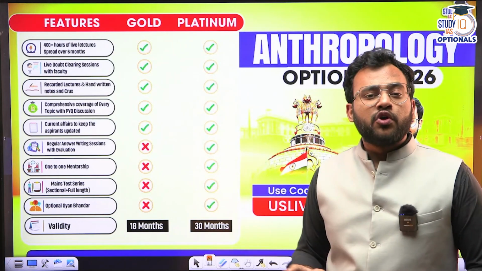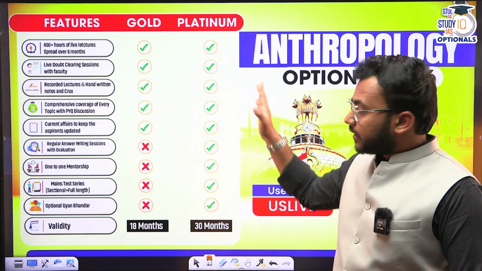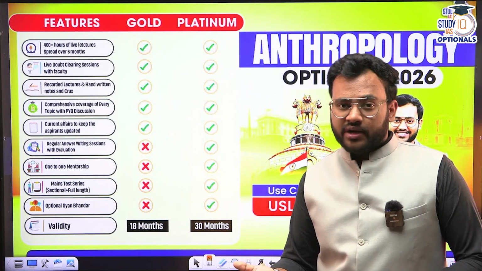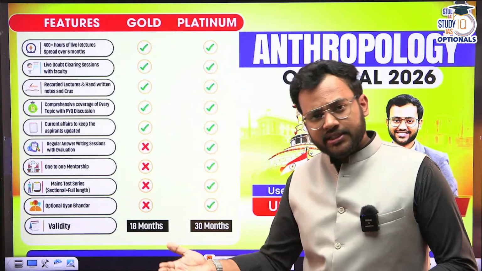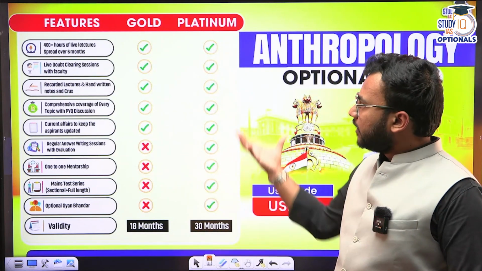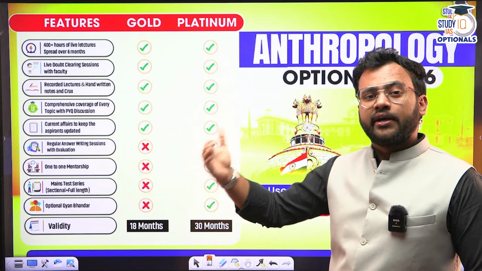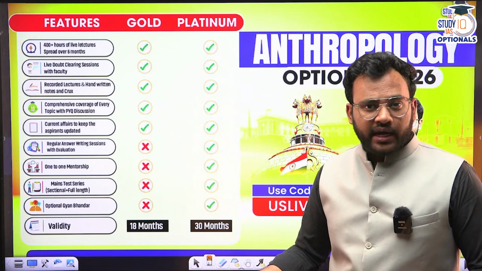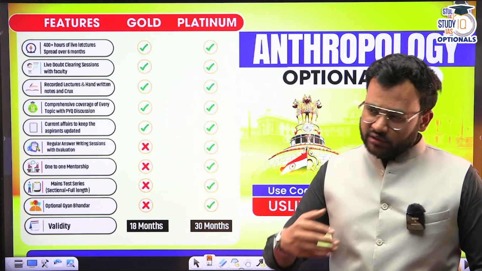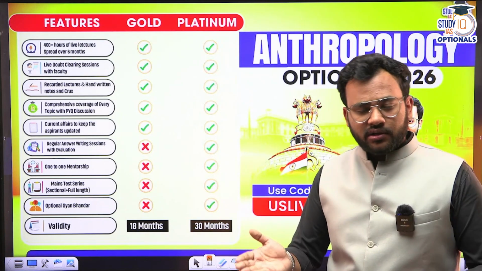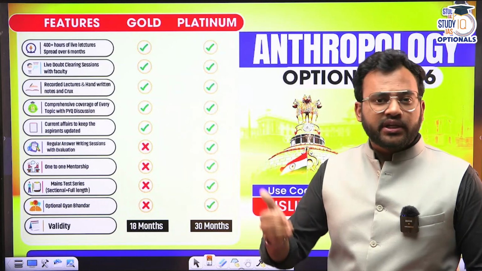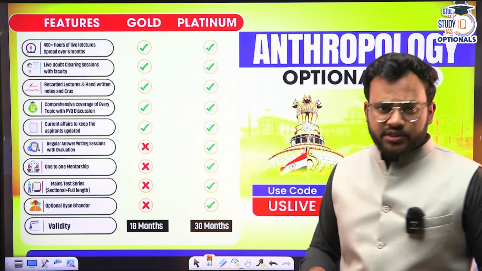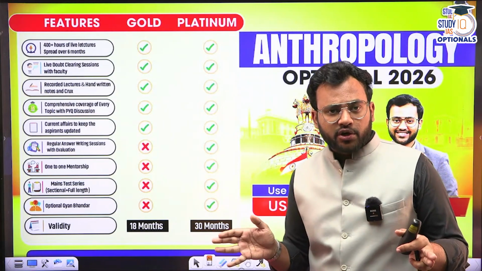One more thing, the validity of the gold program is merely 18 months, whereas in the case of platinum, you get 30 months validity. So if we have to be very practical, if we are not able to clear the examination in the first attempt, we have a longer validity to re-attempt and relearn things without re-enrolling or purchasing the course in the next year. At times, due to wedding, job switch, job transfer or some other components, the preparation gets delayed. So due to that also, you do not need to worry when you are part of the platinum batch. So accordingly, you can think which is the better option for you.